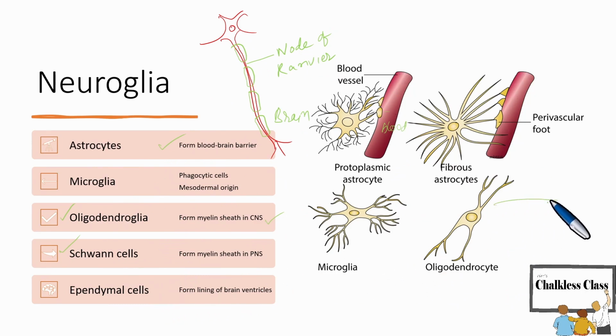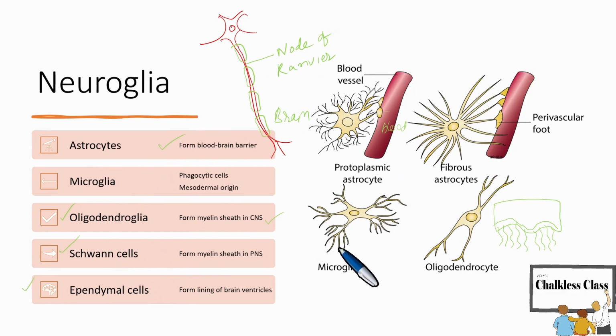And next one, some ependymal cells are there. In earlier classes, we discussed that the brain is not solid. It has so many cavities. Those are called brain ventricles. This brain ventricle is lined by some columnar cells. These are called ependymal cells. These columnar cells have cilia. And these ciliated columnar cells are the ependymal cells. These are useful for the circulation of cerebrospinal fluid.